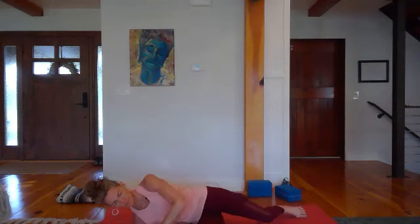Relax the forehead. Relax the jaw. Relax the ears, the cheekbones, the mouth. Relax the shoulders, the arms and the torso. Release and relax the hips, the thighs, the legs, the feet. For just another full minute or two, stay in a steady Shavasana, one that serves you